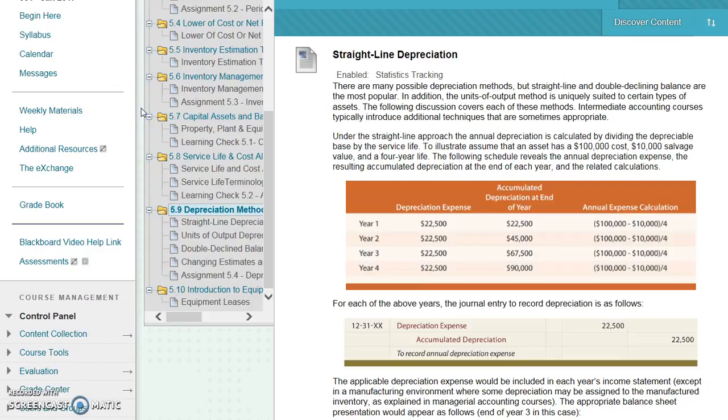Technically, depreciation is referred to as cost allocation because you're moving the cost of the asset to an expense. So if you buy a piece of equipment for $50,000 and it's going to last for 10 years, you're moving $5,000 a year from the asset to depreciation expense. And companies love depreciation because it reduces their net profit.